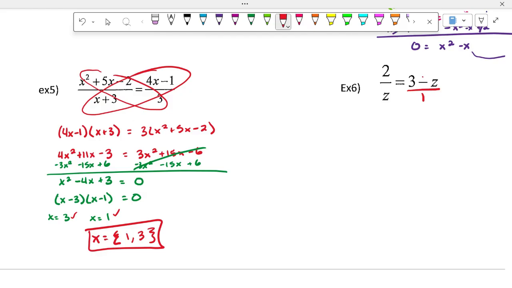So 4x times 3 is 12x. Negative 1 times x is negative 1x. 12x minus 1x is